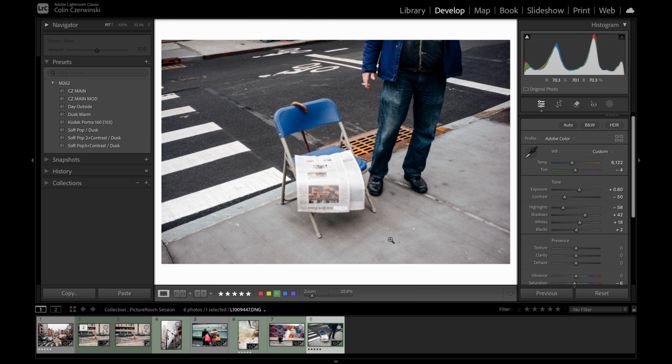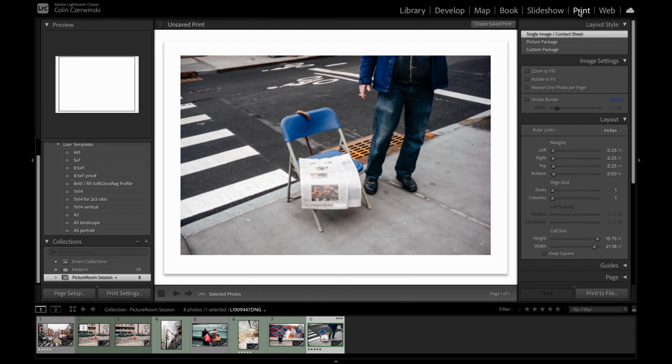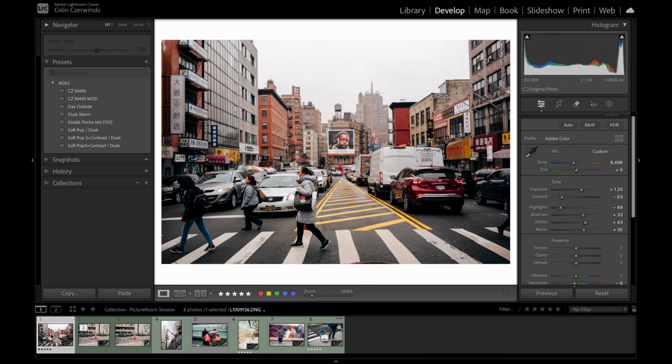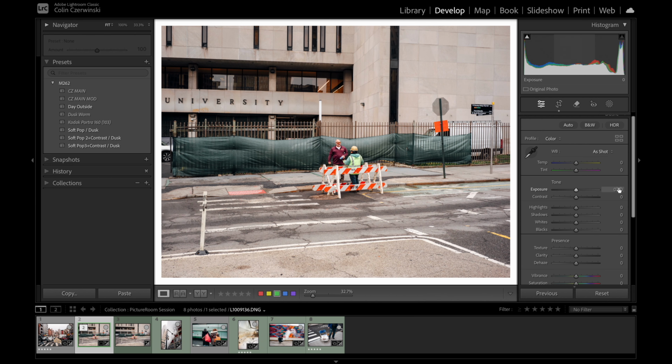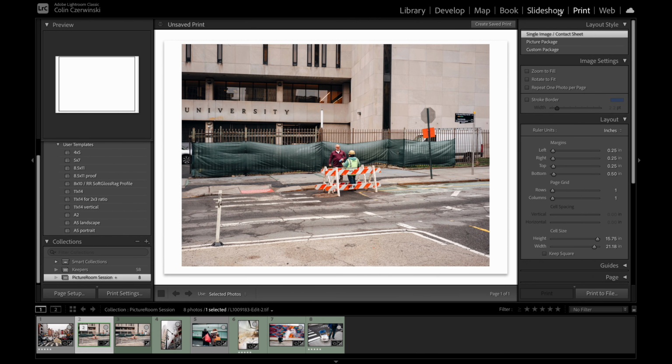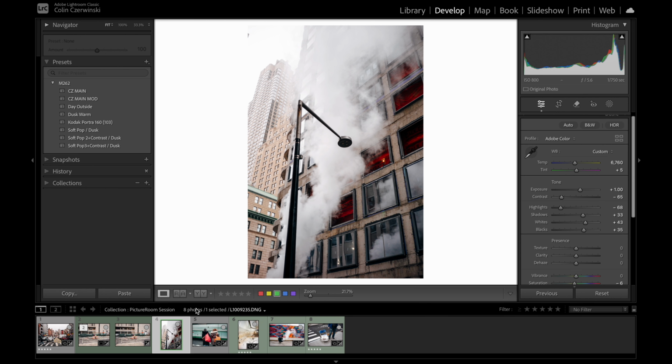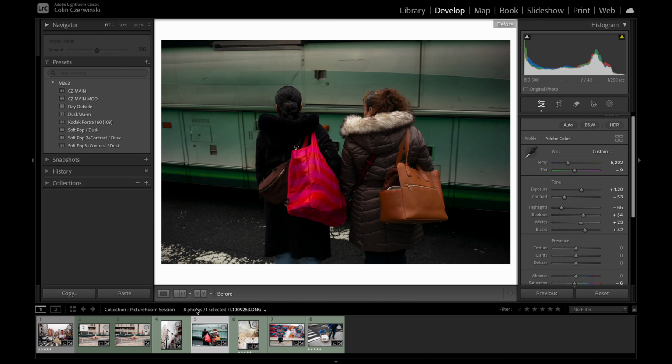And honestly, that's it. The preset works pretty well. It gets you there. So let's go through these, see how we feel. And this was the one with the people, and then this is it removed. So it just makes it so much better, less distracting. This one, that one,